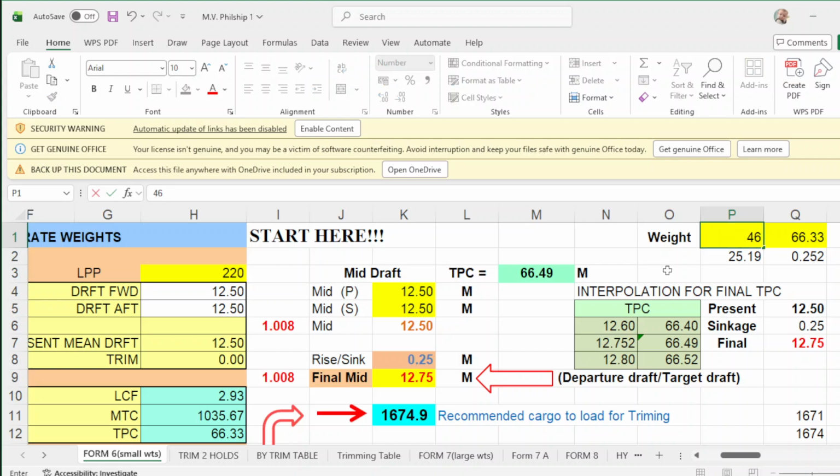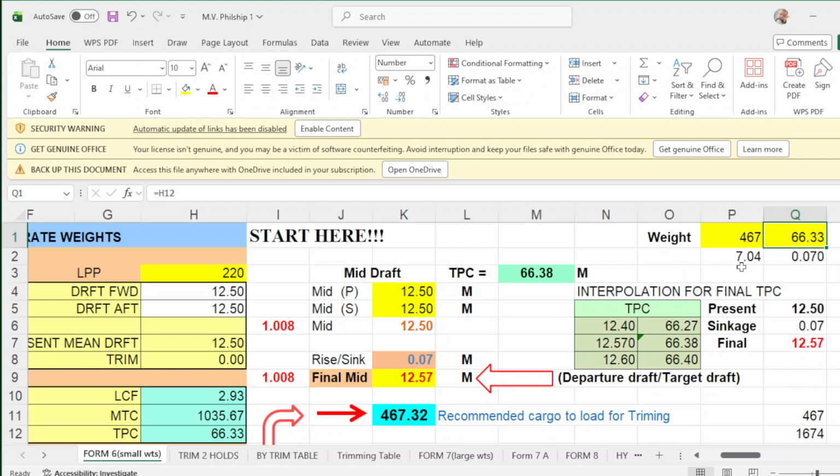Take note that at the initial drop, the TPC is 66.33. With this TPC, for 467, you divide it by 66.33, that will be 7.04.